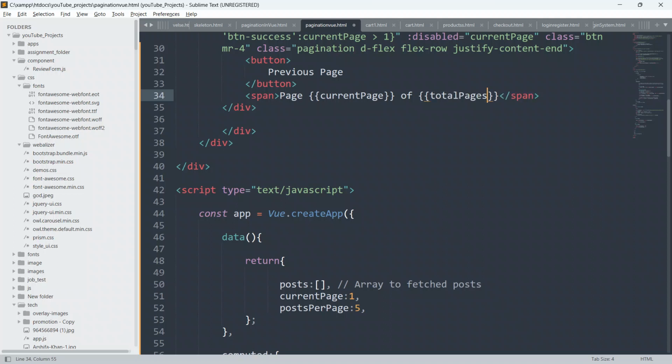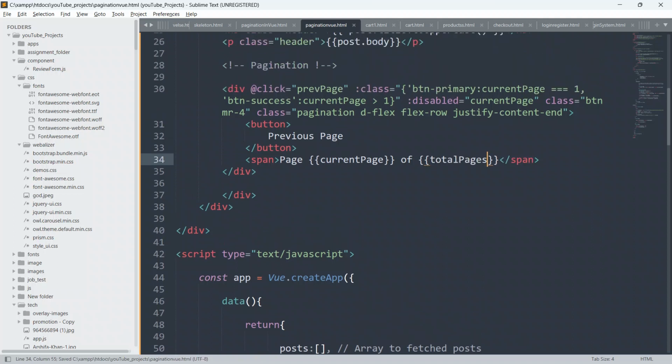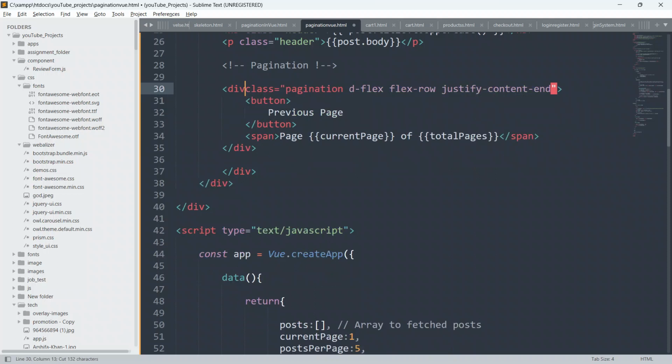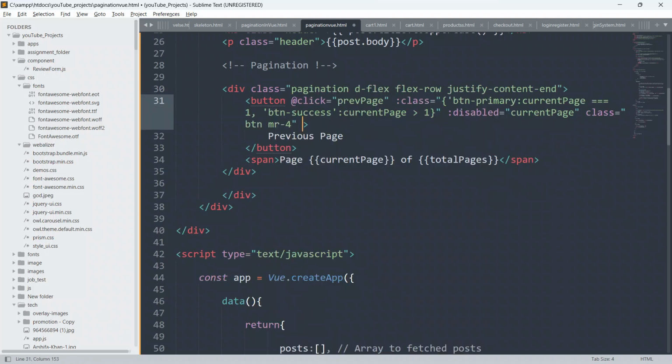Okay, so guys, now we have to create the previous page button also. So just copy this button, guys. Just cut all these things from here, and we have to put it on the button element.